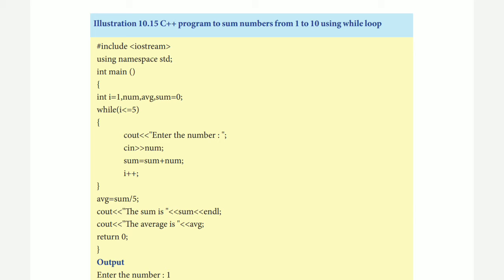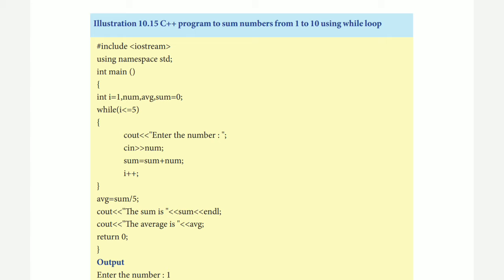Okay, and you can see that they are getting the input from the user. So cout "enter the number" and cin num. Now the first statement inside the body of the loop will tell the user to enter some number. Okay, so this is an intimation to the user. The user will enter some data and press the enter key, so the number will be stored in num,